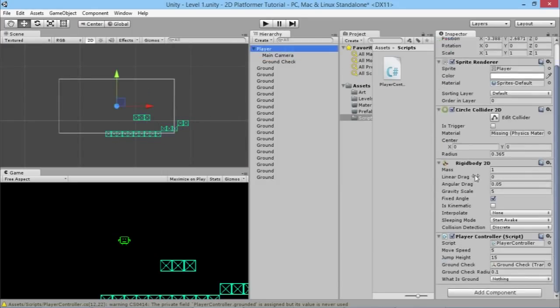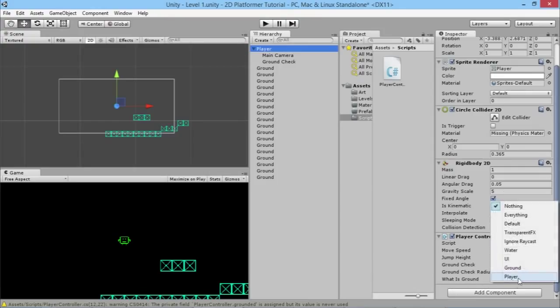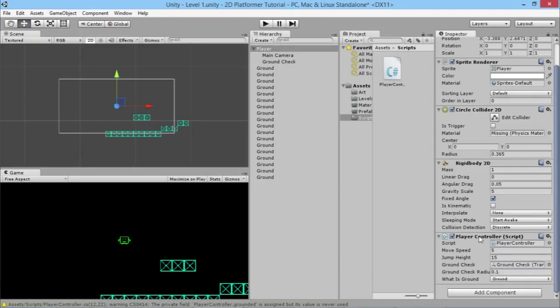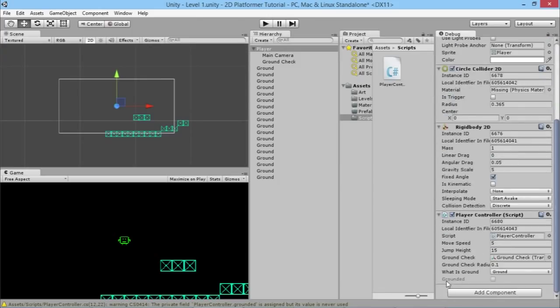Then we go back to our player, go down to here, and for what is ground we'll click ground there. Now, like I was saying, we set that bool to be private because we don't need to be able to interact with it while we're playing the game, but we want to be able to see what it is now while we're doing this. If you click on the three little lines in the top corner here with an arrow beside it, click on debug and scroll back down, now we can see the grounded variable here. We can't interact with it, we can't do anything to it, we can just see it. So if we hit play,